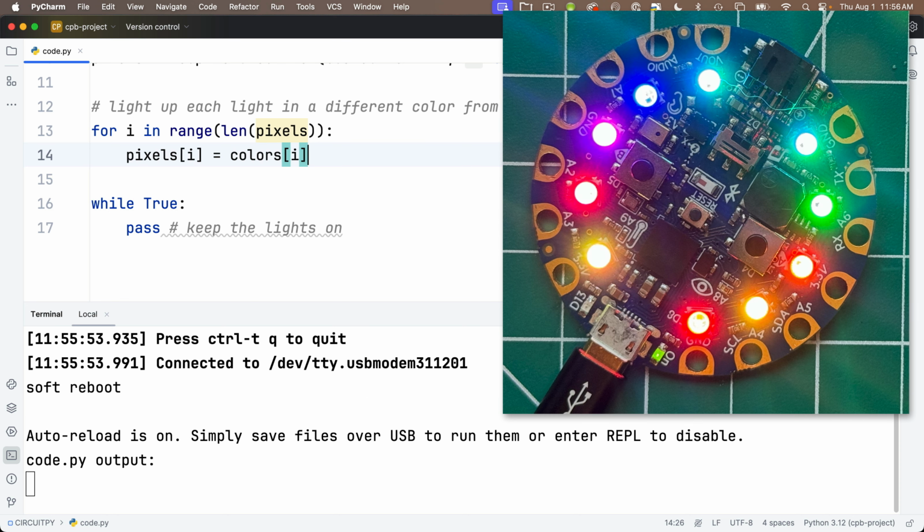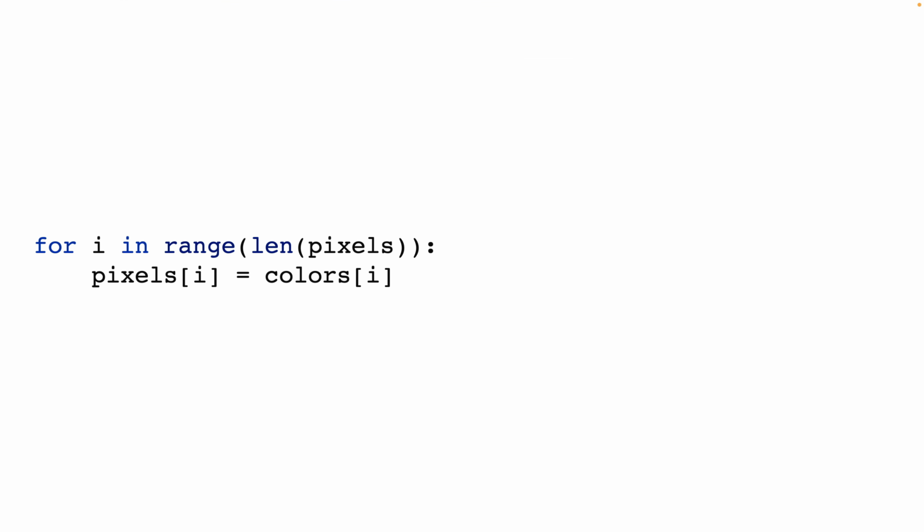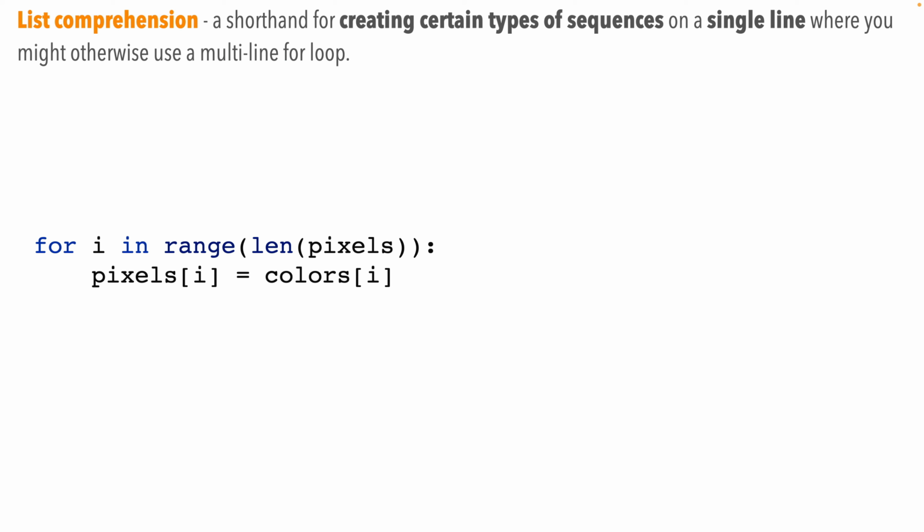Well, that's cool, but I want to show you a Python technique known as list comprehensions, and it's really useful for data analysis, but it can also be useful when working with NeoPixels. Now, we just wrote this for loop, and it works great, but now let's write it with a list comprehension. List comprehensions are shorthand code for creating a certain type of sequence on a single line instead of using a multi-line for loop. Now, in our case, this is only going to save us one line, but it's good to